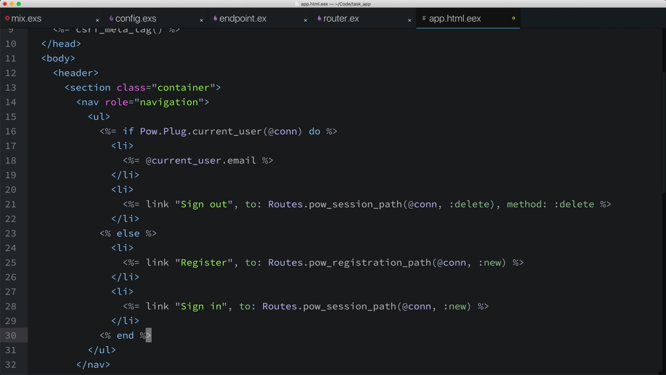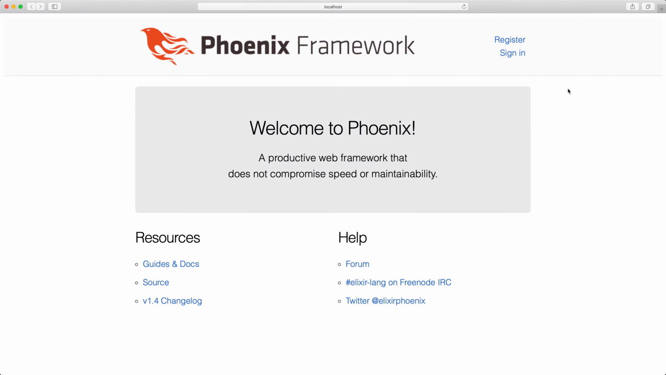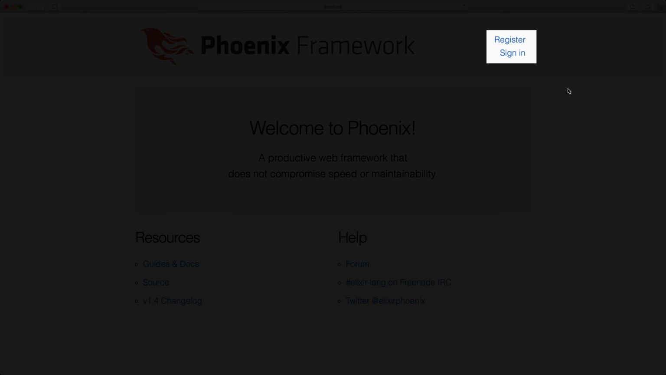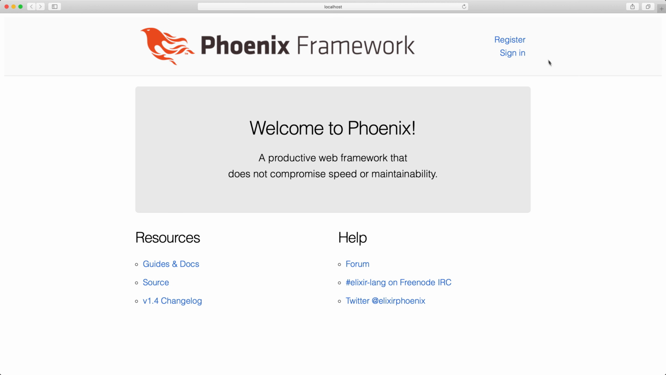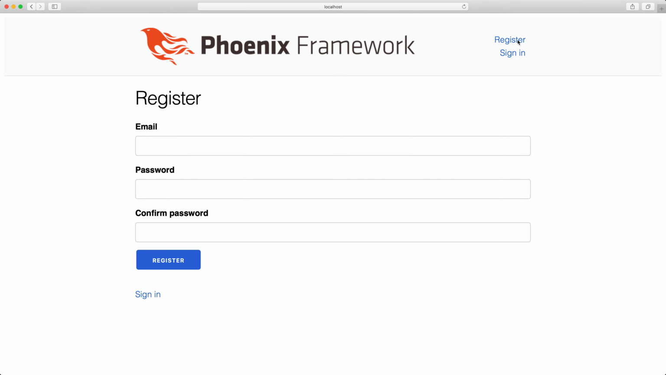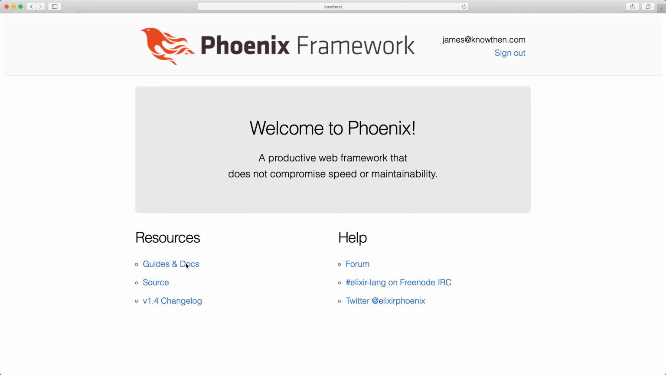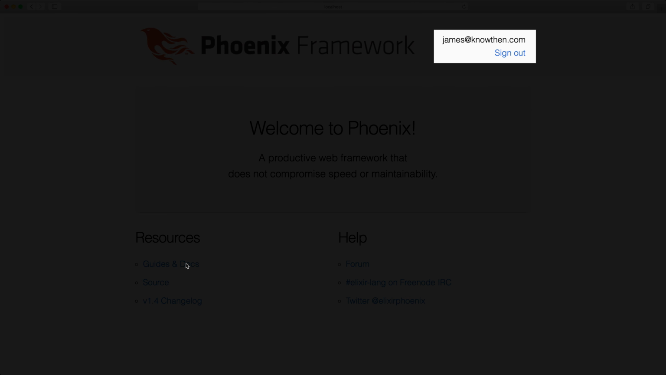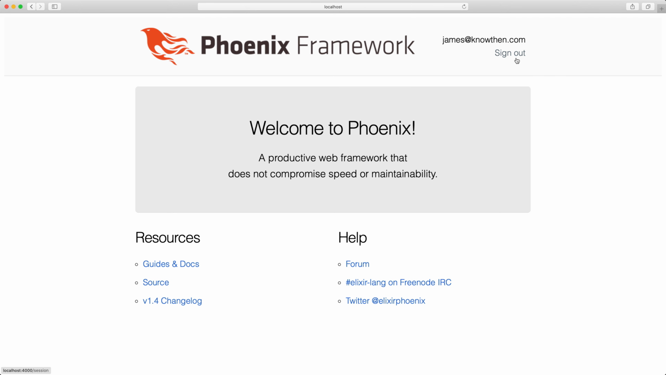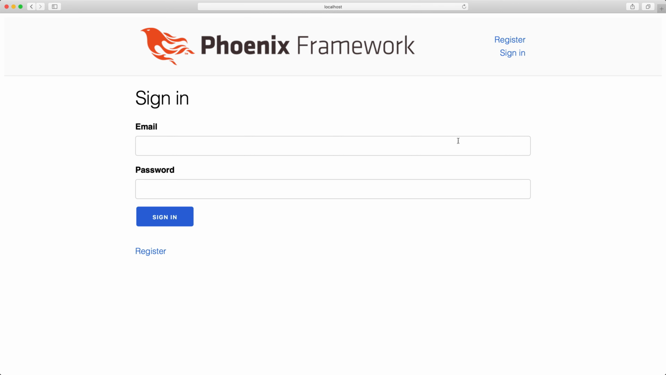Okay, we should be able to try this out. So I'll pull up the browser again, and we see the register and sign in links right here. And if I click on the register link, we're taken to a page where we can register a new user. Cool. I'll go ahead and enter my email and password a couple of times, and I'll click register, and it worked. I'm now registered, and as you can see right here, I must be logged in because we see my email and a sign out link. If I click on the sign out link, you see that I'm logged out,